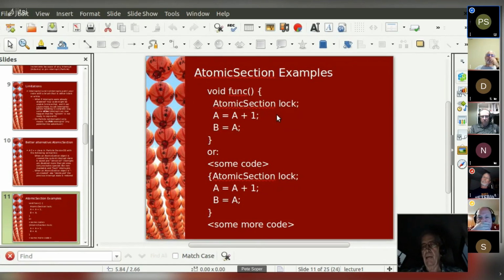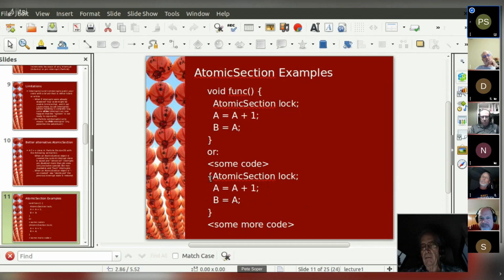And so if it had been locked, now it's unlocked. If it was already locked, it stays locked. And as I mentioned down here, you can make your own block anywhere you want to. So if you've just got a few statements that define a critical section that must be dealt with as an atomic set of operations,